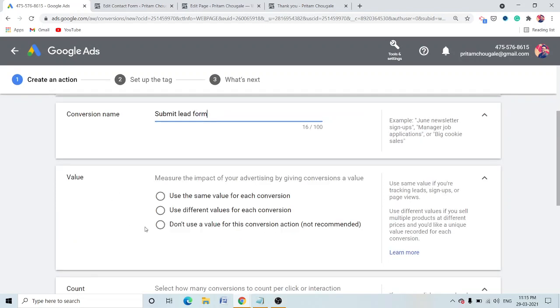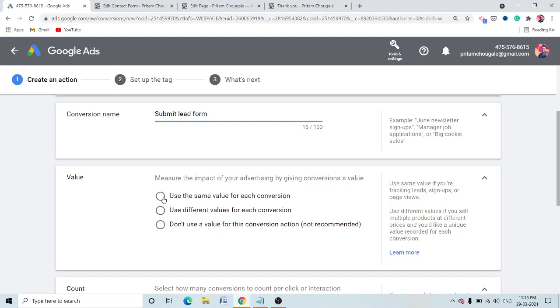Now the value: use the same value for each conversion, or use different values for each conversion. Sometimes what happens, a user fills out the form multiple times, so you have to decide for each email ID you have to consider that each conversion. But if you are an e-commerce website, then you have to choose the second option, use different values for each conversion.